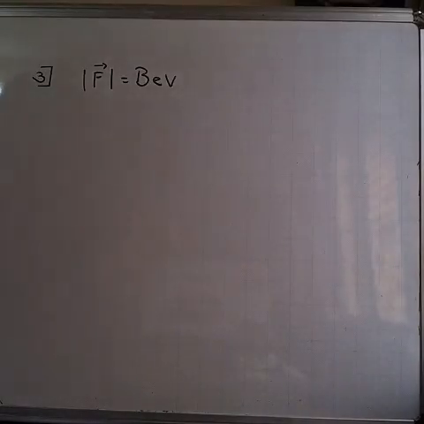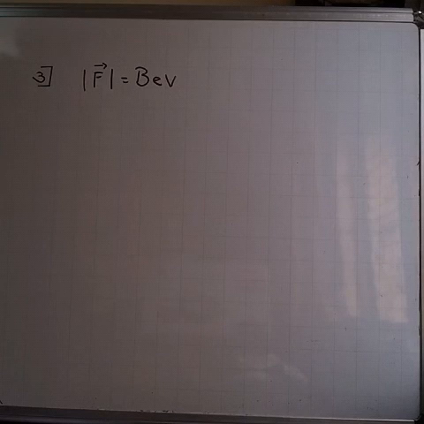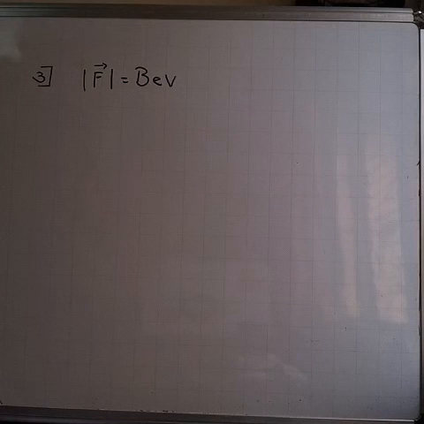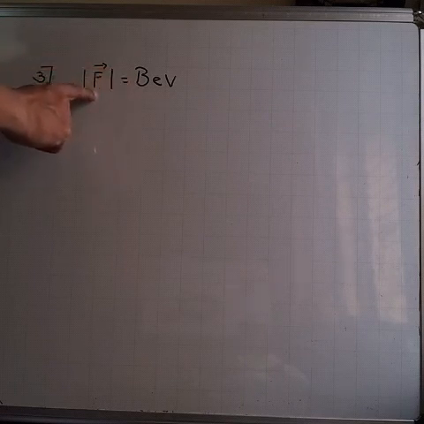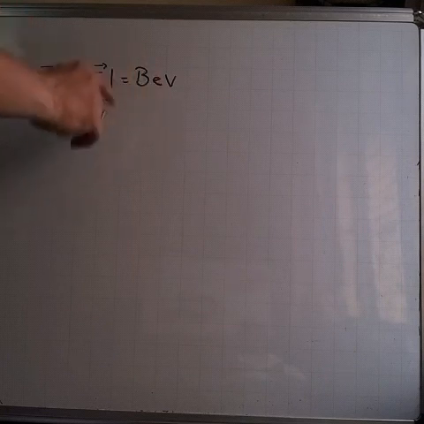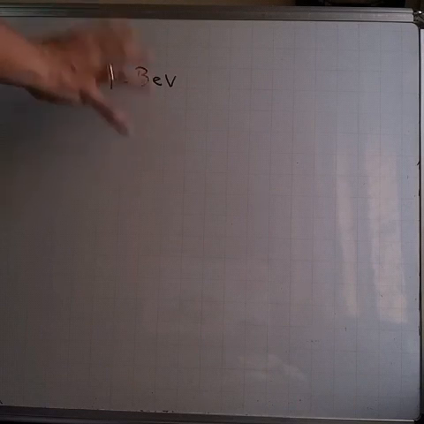Let us now solve numerical 3. What is given in numerical 3? An electron with charge E enters a uniform magnetic field B with a velocity v. The velocity is perpendicular to the magnetic field. The force on the charge E is given by dash, that is, F equal to BeV. F stands for force acting on a charge. When a charge moves in a magnetic field with velocity v, it experiences a force given by F equal to BeV, a formula we will learn in the coming chapters, but presently they have given this formula.